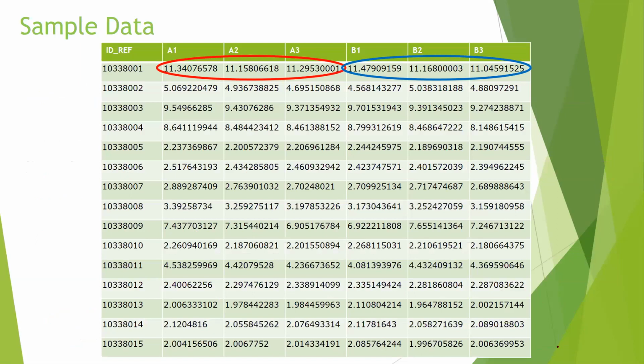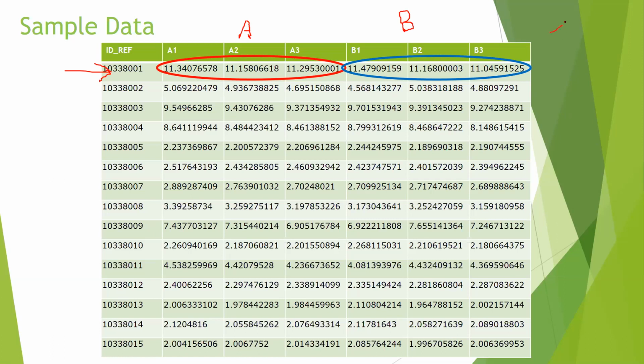Okay. All right. So once we are done with the data transformation and the data normalization, we have cleaned the data, right? We have improved the data for the analysis. Now we can compare these two groups. We have A group, we have B group. Each one has 3 replicates. And for this gene, let's say we have 3 values here and 3 values here. So we want to see if this gene is differentially expressed between A and B. So this is one test, right?